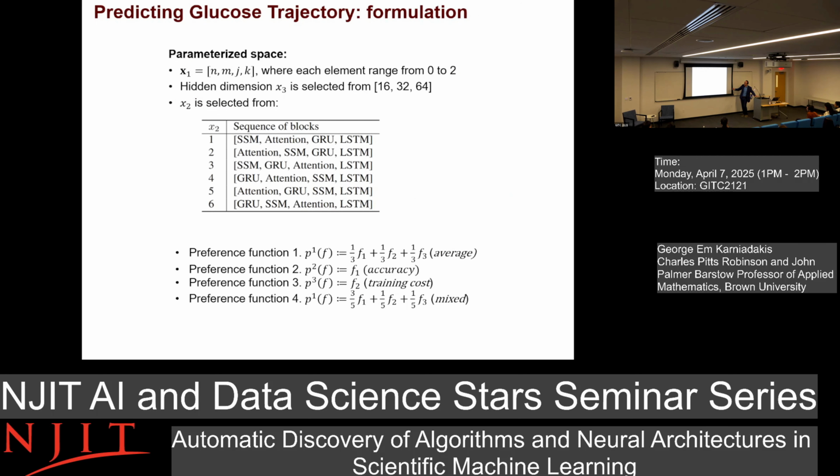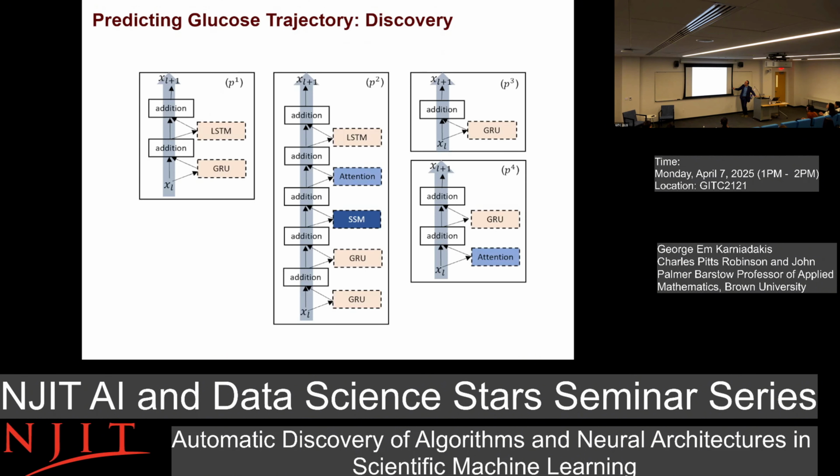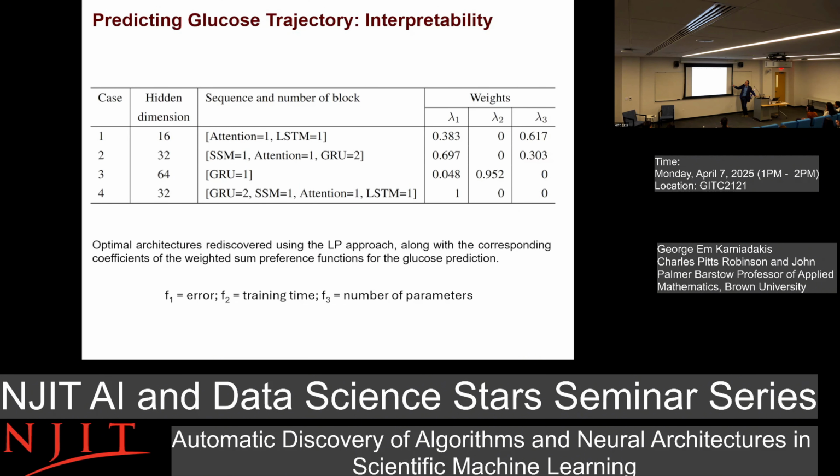F3 is training cost. So this architecture here, you can anticipate it will be very fast. It will do a decent job also in the error, or on the average, it will do a decent job. This is the error here. If you use GRU, I think that's the cost. You emphasize the cost, and we already talked about that. And then if you care about the accuracy, you put 1 here, 0, 0, only about the accuracy. So this architecture is good for that.